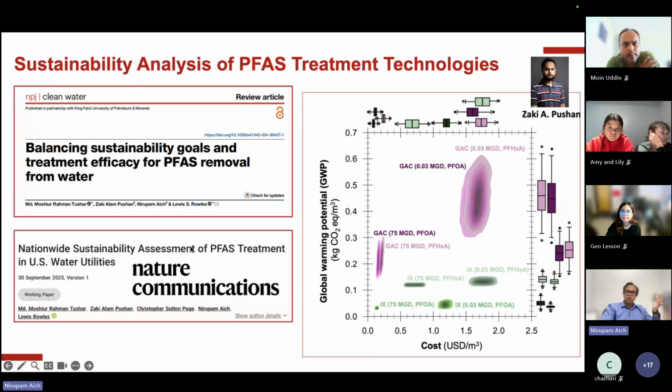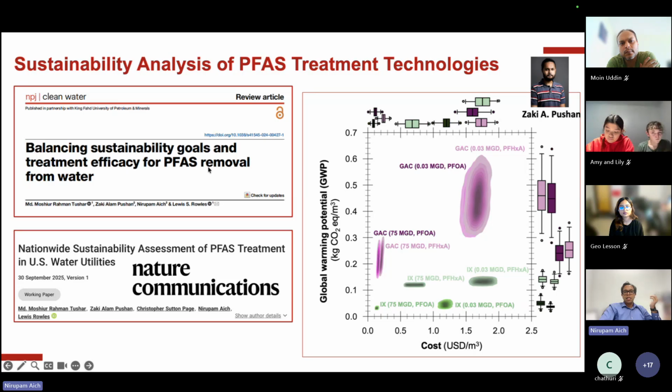The impact of PFAS treatment technologies may change, even for greenhouse gas emission for water treatment systems. So I have a collaborator, my former lab mate, Dr. Stetson Wells. He does sustainability analysis. We are collaborating on a project where we are trying to understand, if we design new PFAS treatment technologies to scale them up for water treatment systems, how will the water treatment utilities decide which treatment system to choose? Okay, so this was one of the first papers that we came out with.